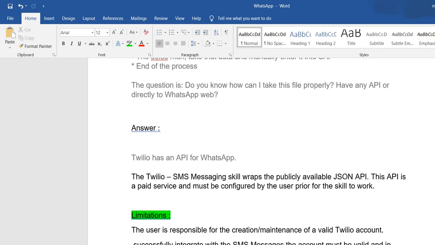Twilio is an API, that is, an application programming interface. So we can call that API and send the message from a Twilio number to a WhatsApp number. Once the message reaches the particular number, you will get the output as message success, the API output response. If anything went wrong, you will get an error code, error message, everything on it. Here we can see how Twilio will work.